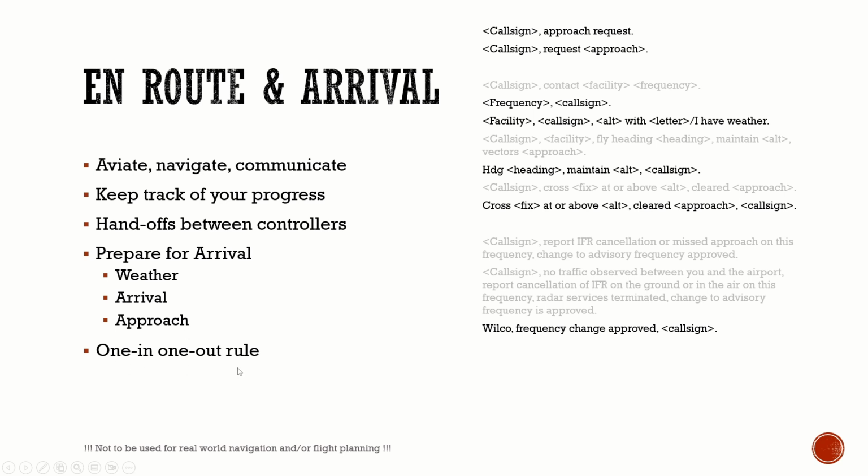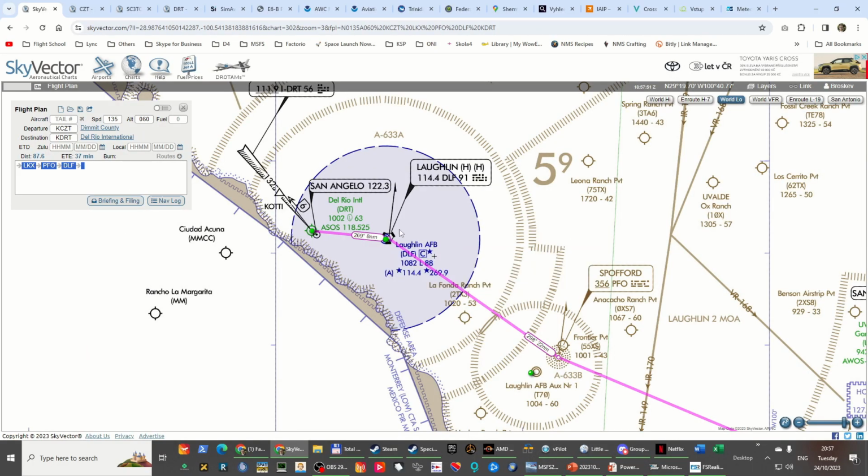So in IFR to untowered fields, there is this rule that only one aircraft can be cleared for IFR departure or IFR arrival to one concrete airport at one time. In practice, if we are flying here in a group, that would mean that only one of us can be cleared for the approach at one time, and the others would need to, for example, remain in the hold somewhere,